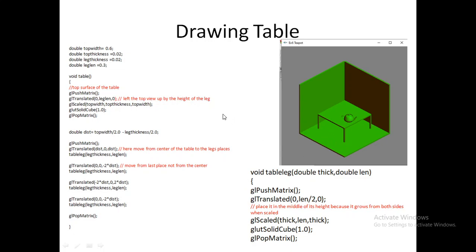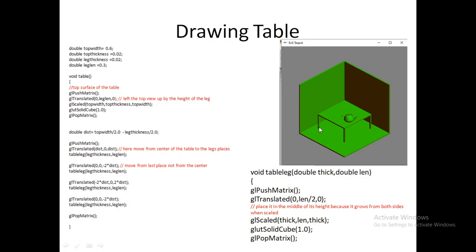That is the table leg. Now we'll see the table function. Table. I told push matrix, pop matrix. We are calling the solid cube function here. After solid cube, a size 1 cube is called, right? So width, thickness, width, you can see the values are set here. According to this, it is scaled down. So this side and this side, all sides it is reduced. Then you are translating to the place. If you don't translate, it will be here. So this is to draw a table.